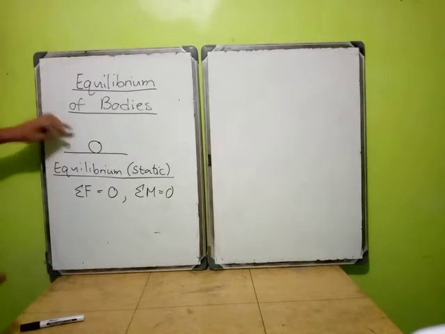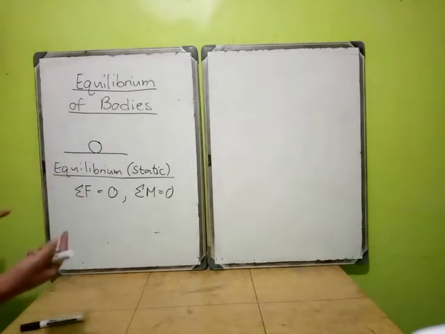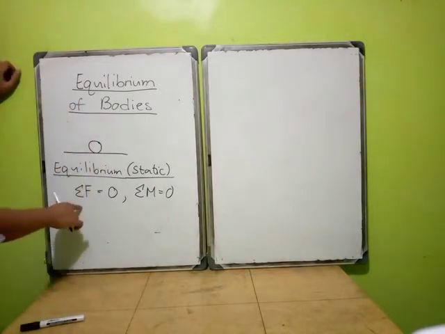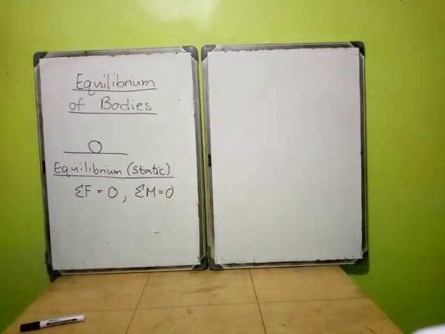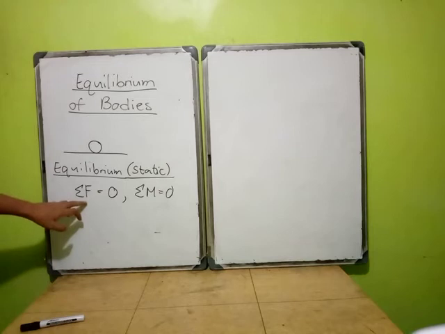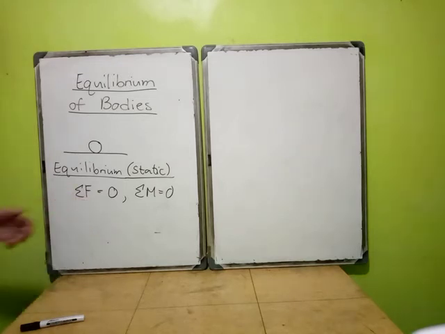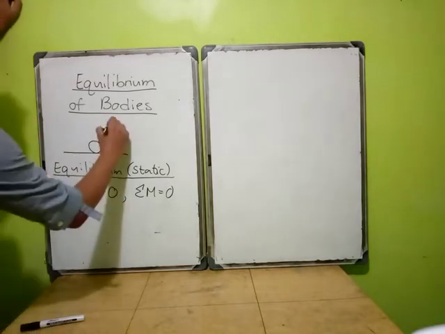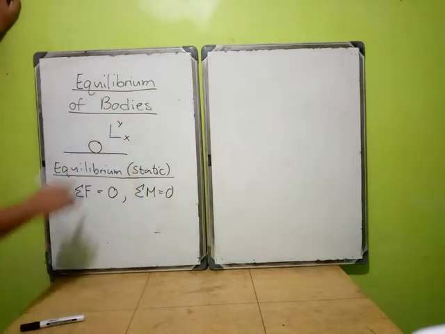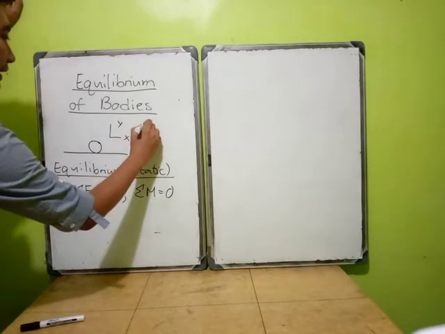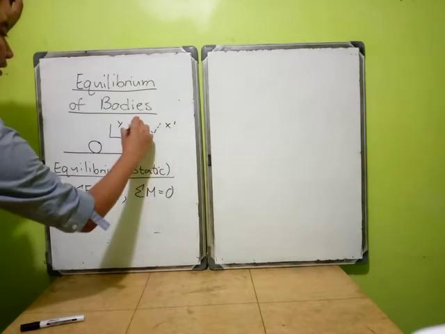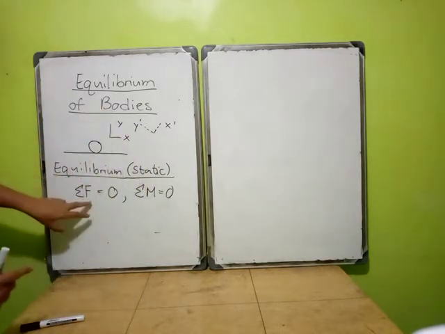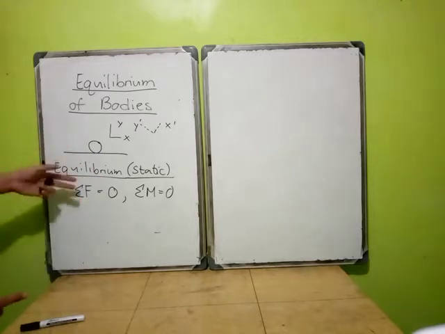Okay? So, it is in any direction. When we say summation of forces, so kahit anong direction. Whether naka 2D siya or 3D. Magtataka kayo, sa mga libro na nababasa nyo, yung forces is may forces X at forces Y. But honestly, kapag yung body mo is in equilibrium, hindi lang Y or X direction. Kahit i-rotate mo ang axis mo at gawin mong ganito, X bar, tsaka Y bar. So, kahit anong direction, in any direction, in any axis, kung nasa static equilibrium yung body mo,